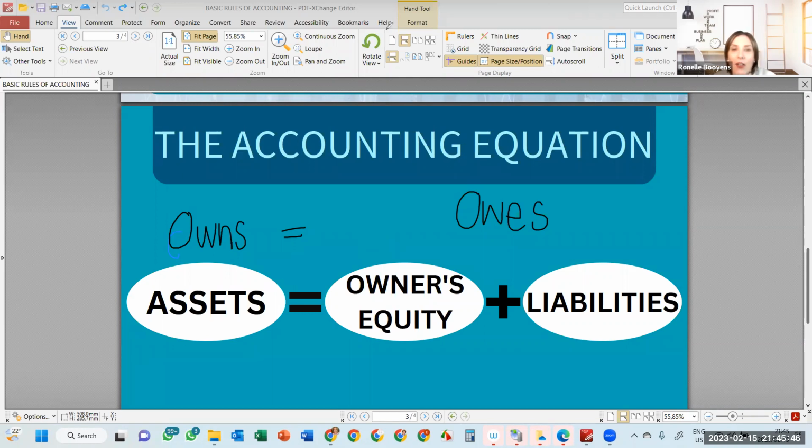Now, on this side of the equation, it actually shows us that the business can owe money to basically two, let's say, institutions. First of all, just now, the owner gave money to the business, the business owns that money, but at the same time, it owes it to the owner. And what the business owes to the owner, we can say is the owner's equity in the business, the owner's interest in his own business.